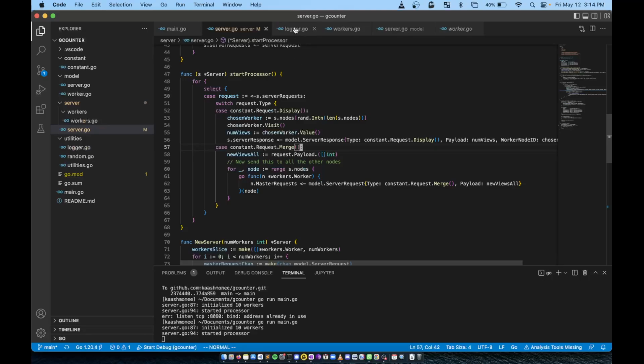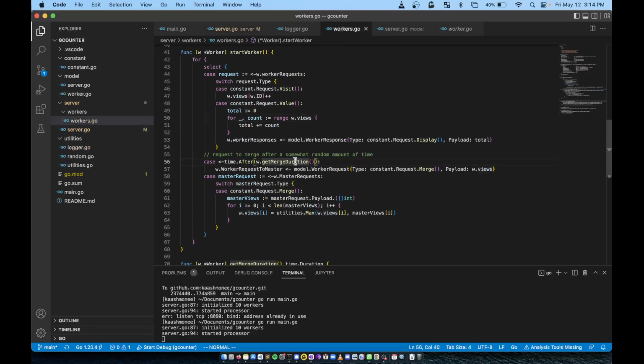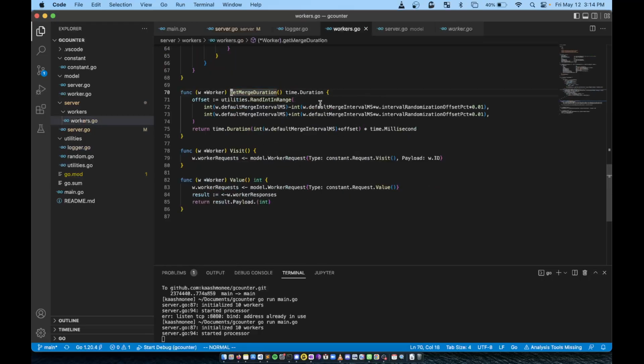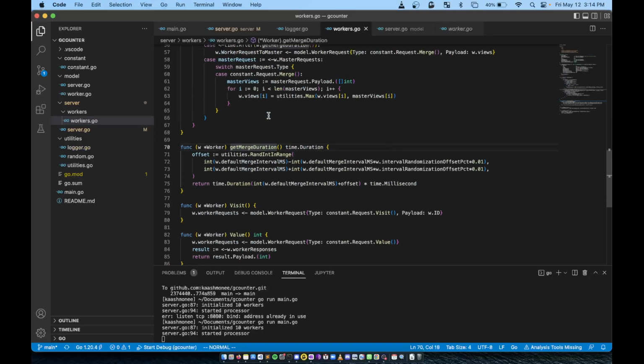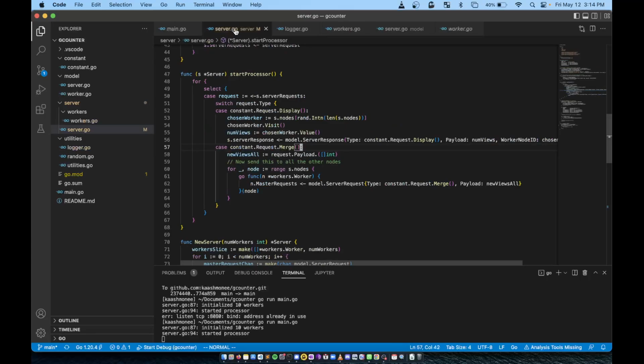And the way this works is that this get merge duration function just sort of chooses a random duration, and then it sends a worker request. So basically what this does is it sends a worker request of type merge, and then it sends its payload to the master. And then once the master gets this request,